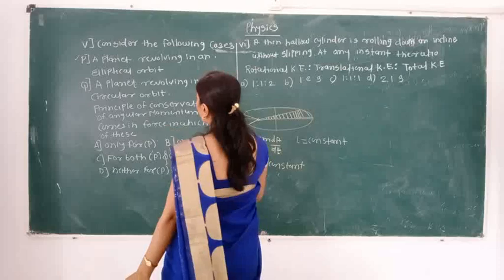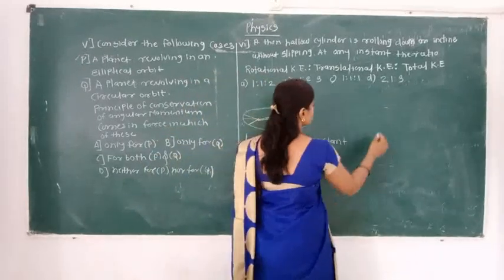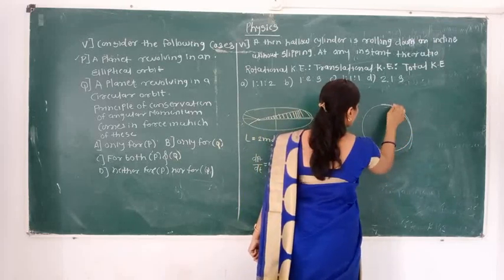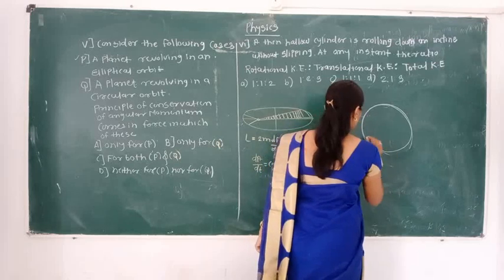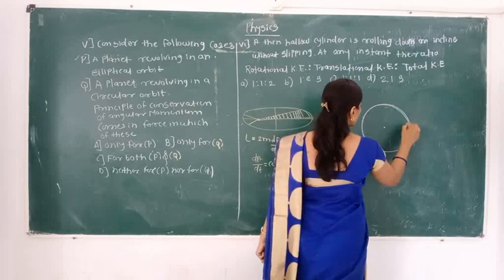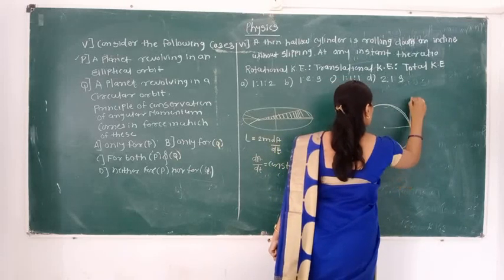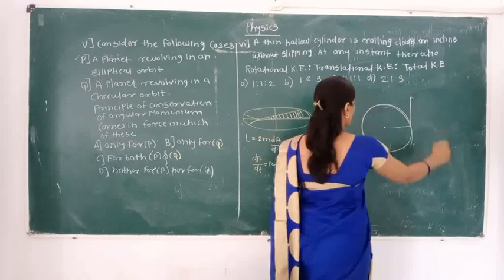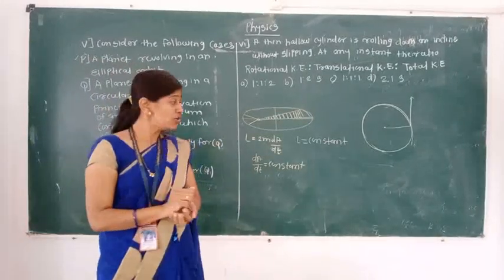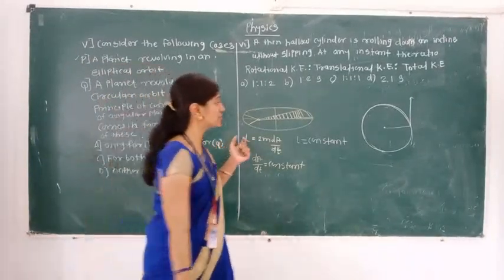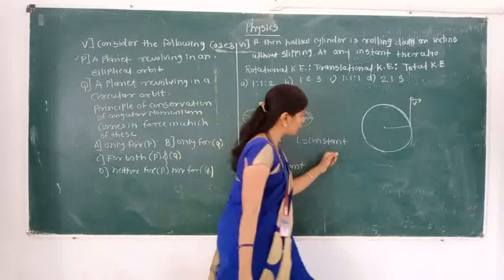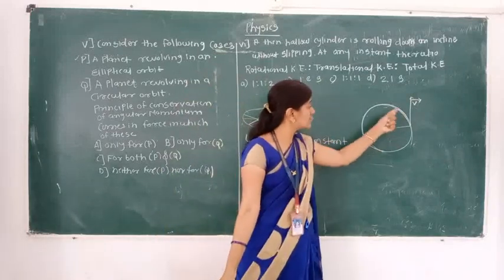Next is a planet revolving in a circular orbit. See, when the planets are revolving in a circular orbit, we know the planets are revolving in that circular orbit. Here this is the velocity that we know. In circular orbit, UCM is present. In that UCM we know that linear momentum remains constant. Suppose the planet is present here, going in such a way, it is the tangential velocity of that planet. We know the planet is revolving along the circumference of a circle.